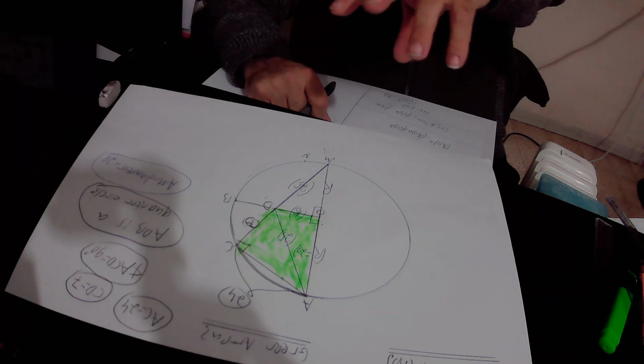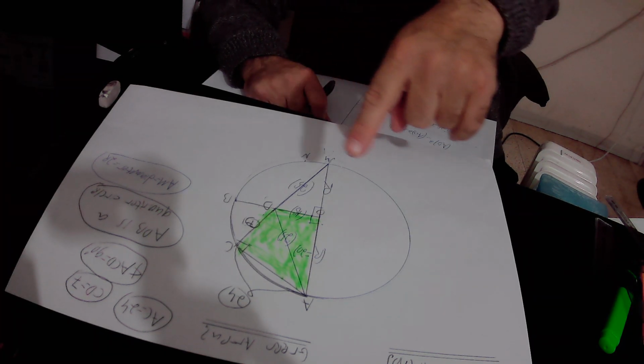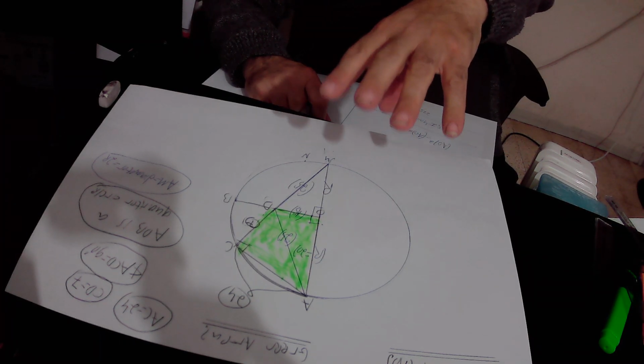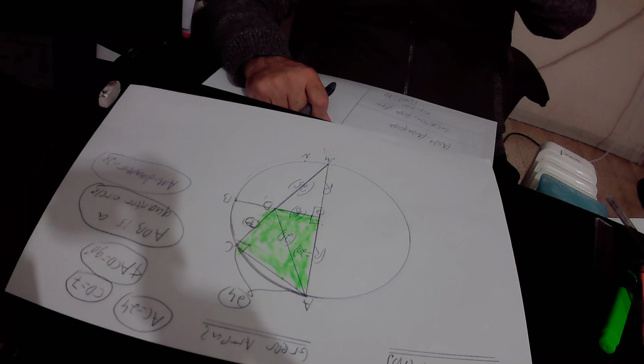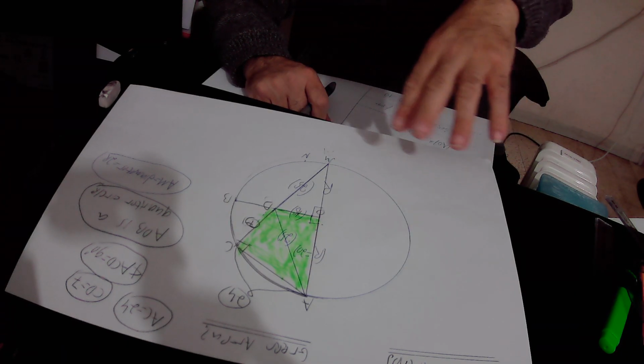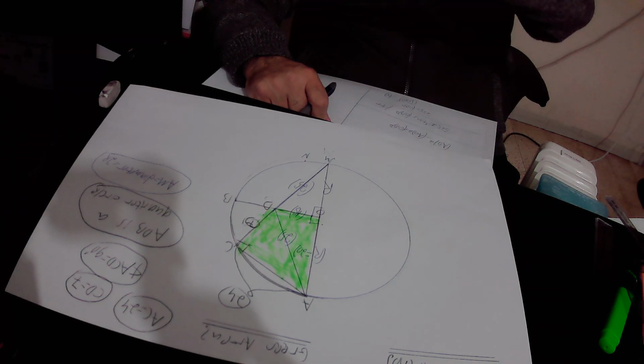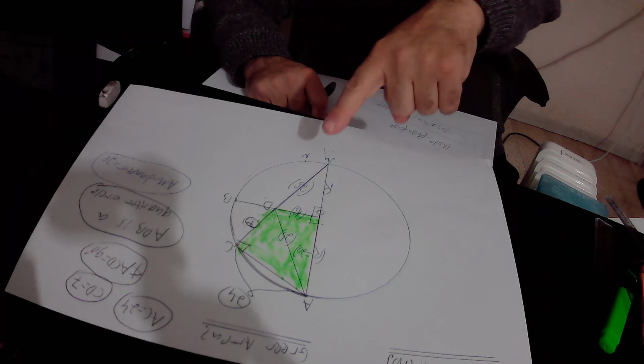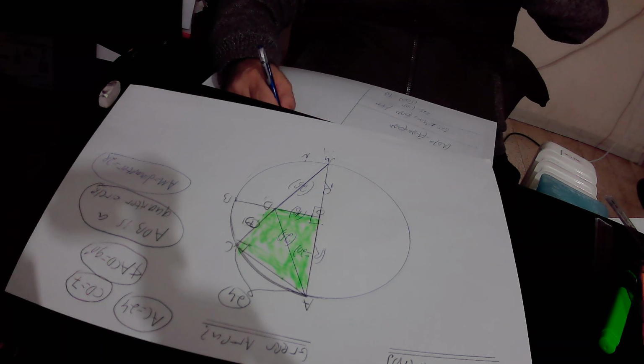We are looking for the area of this green shape. We will divide the green shape into two parts, calculate the area of each part and then add the two areas together. This will be the area of the green shape. So the area of the green shape in total